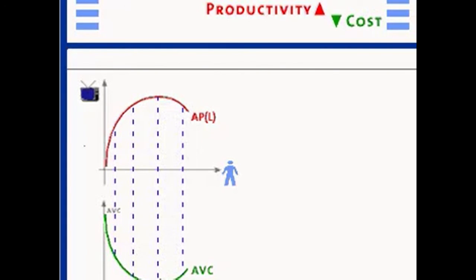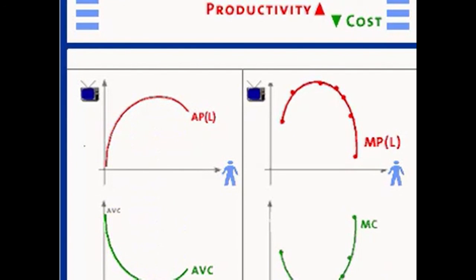This looks a lot like the same kind of picture we saw a few minutes ago when we compared the relationship between the marginal product curve and the marginal cost curve. Now, what we're going to do is put all of this together and look at the relationship between marginal and average product on one hand and marginal and average variable cost on the other hand. Let's focus on the